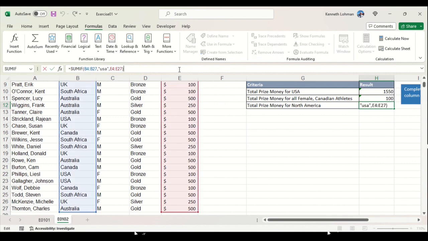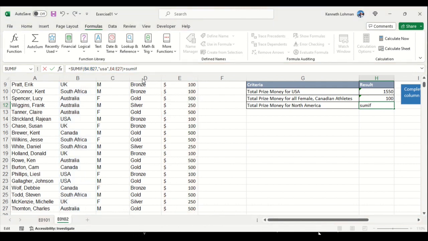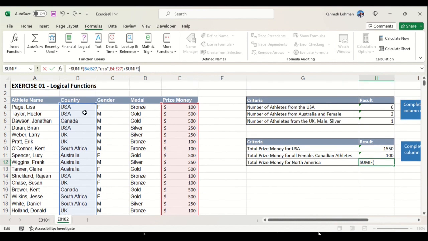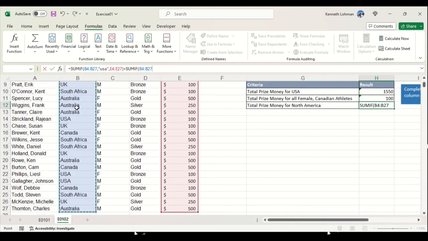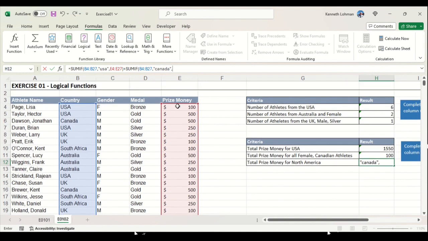So, plus SUMIF. And then the range, control shift down arrow, and then the criteria is Canada. And then the sum range, control shift down arrow,